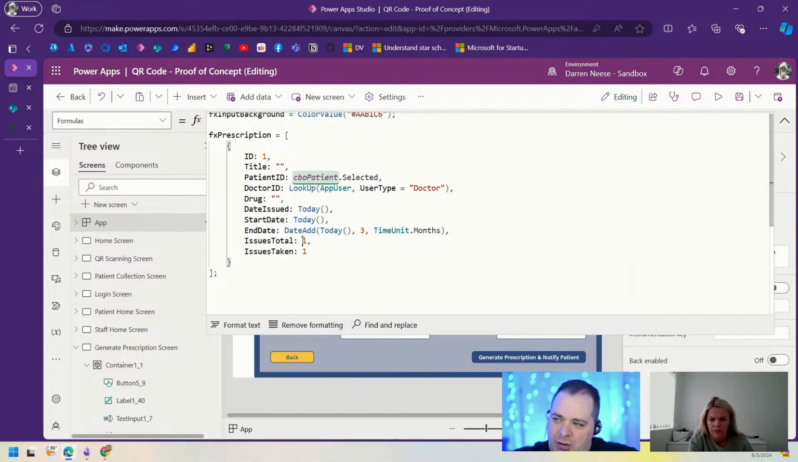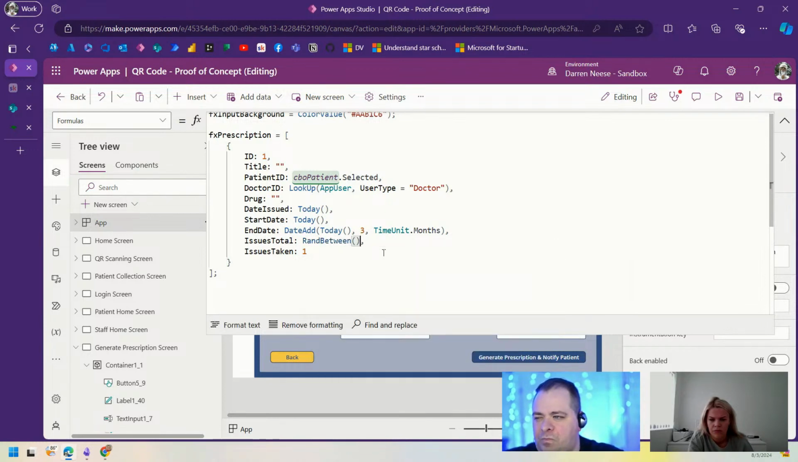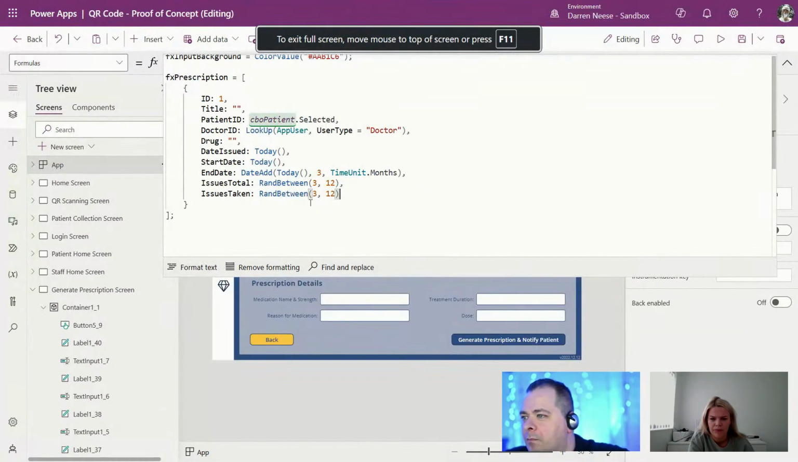Could you give me a good, you know what I could do? I could generate a random number here. Ran between, and give me like a range of numbers that would be used here. 3 and 12, I would say. Okay. And what about issue taken? Between 1 and